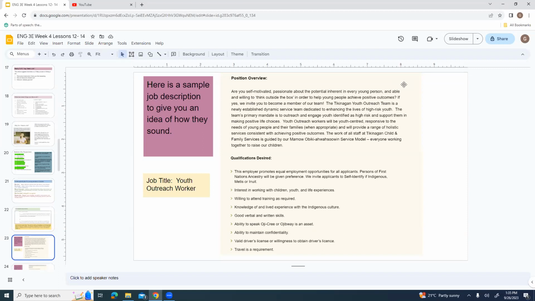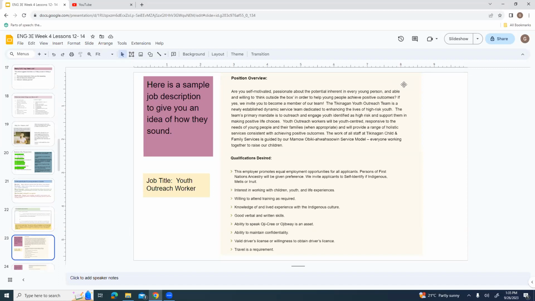Youth outreach workers will be youth-centered, responsive to the needs of young people and their families when appropriate, and will provide a range of holistic services consistent with achieving positive outcomes. The work of all staff at Tikanagan Child and Family Services is guided by our Mamo Abikwa Awasuin service model, everyone working together to raise our children. And then it lists the qualifications.